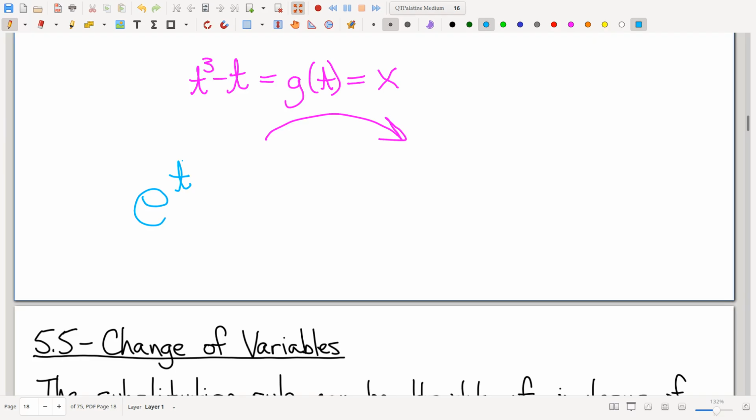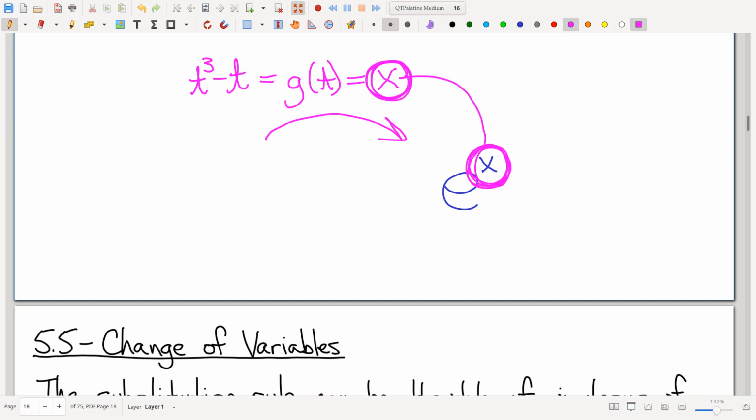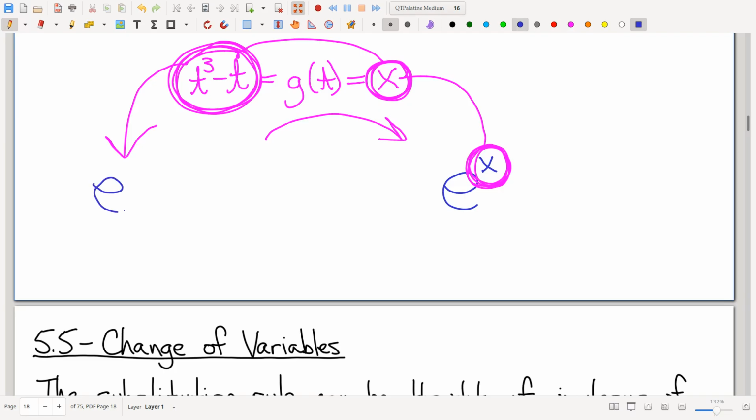Okay, so expressions do not go left to right. In fact, expressions go the other way. It's weird, but it's true, and once you see it, it's really kind of no big deal. If I have an expression in terms of x, can I rewrite that in terms of t? Yeah, plug it in. There's nothing to it. This x right here, everywhere you see an x, just write t cubed minus t instead, and we get e to the t cubed minus t,